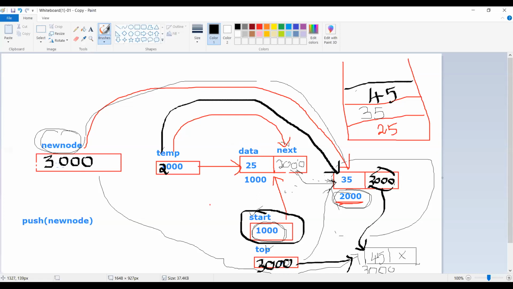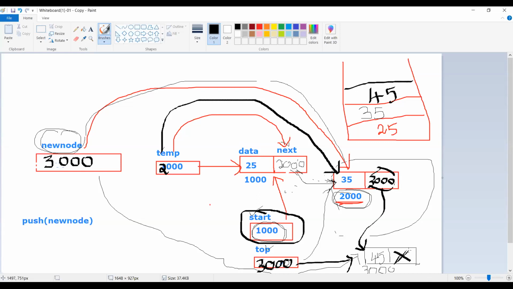So I need to copy the start pointer variable to some other variable called temporary. Why? Because I need to iterate each and every element until I find the last element. Why are you finding the last element? Because the last element will have the next field as null.